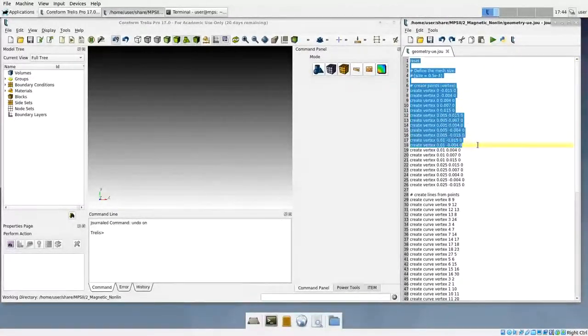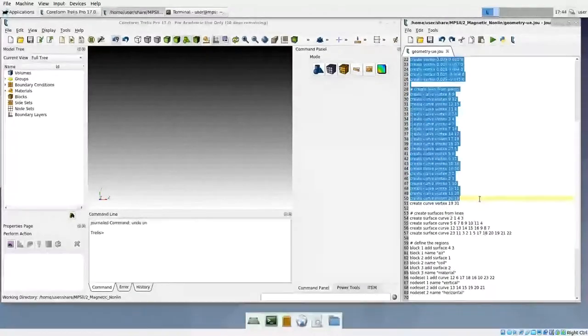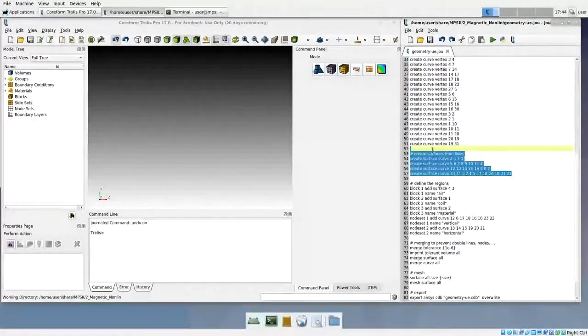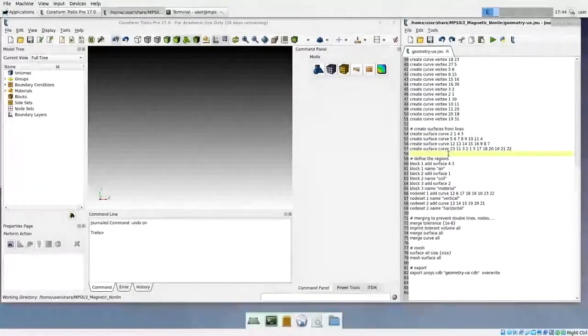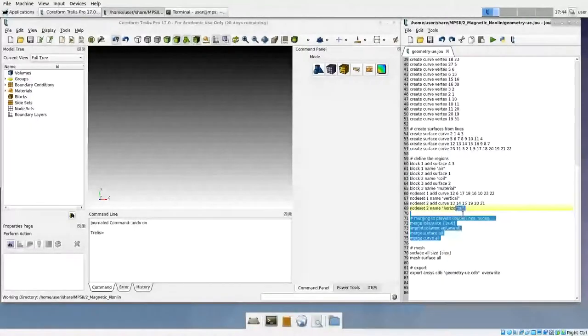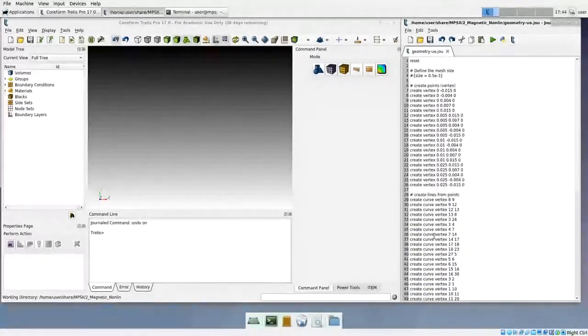So again, like in the last demonstration example, first of all, we create the vertices, then we create curves from these vertices, then we create the regions, like the kind of volume regions, which are surfaces in our case. Then we assign names to the regions, merge the regions where we want to have a conforming mesh, and mesh all the stuff. All right,